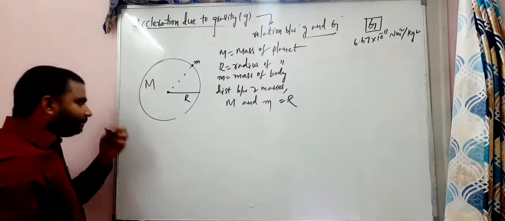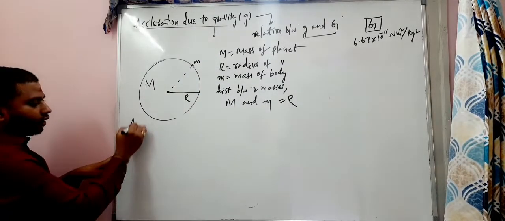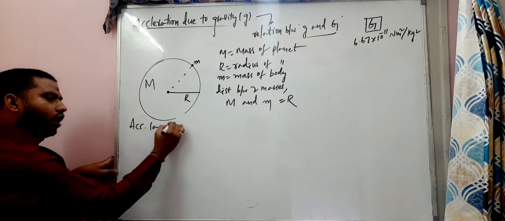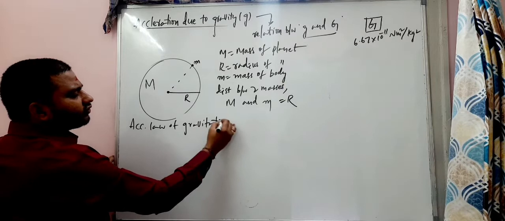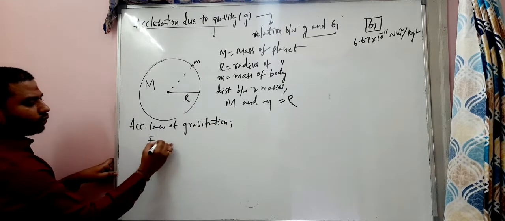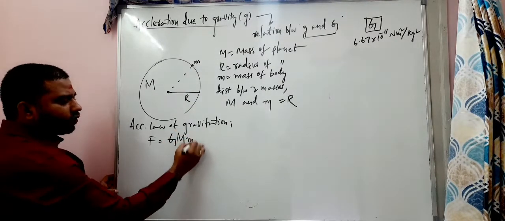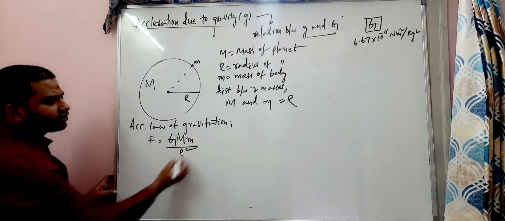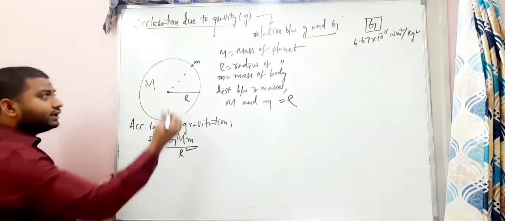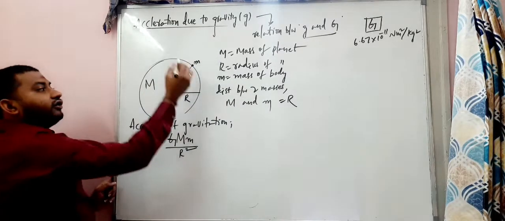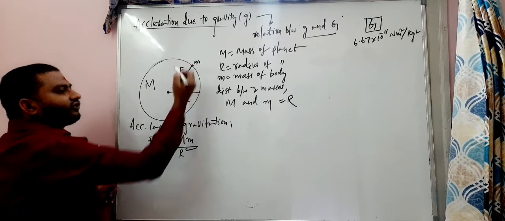Alright. Now, there is a force of attraction between these two masses, as you know according to the law of gravitation. According to the law of gravitation, F is equal to G, capital M, small m divided by r square. There is a force of interaction between these two, that's attraction. And this huge mass will attract this small mass in this direction with a force F. That is what I have written.